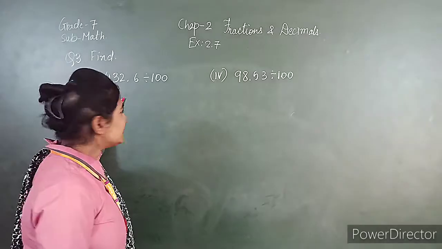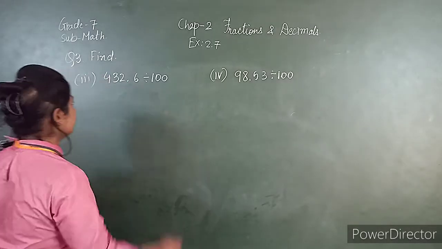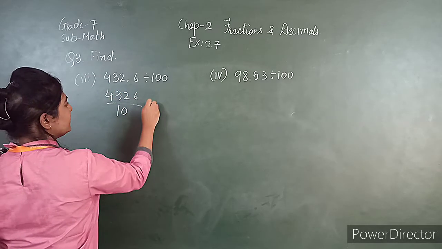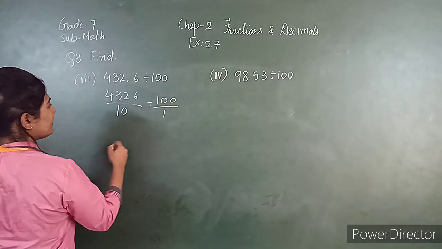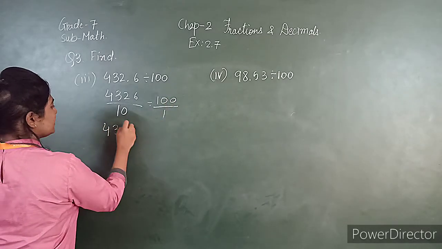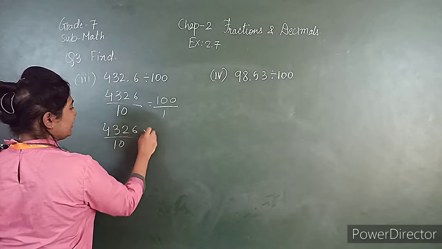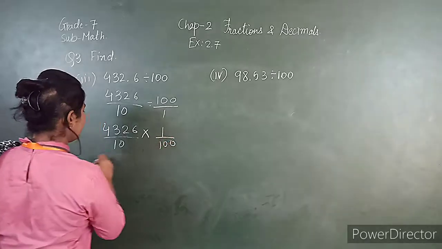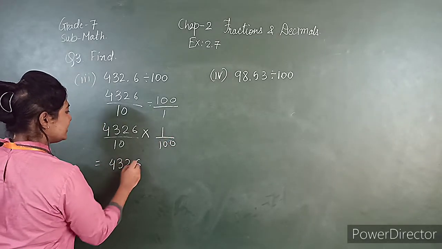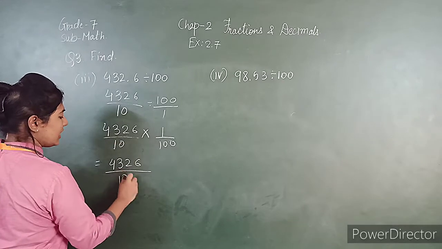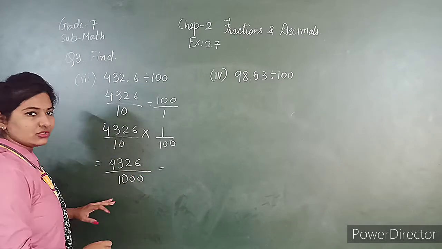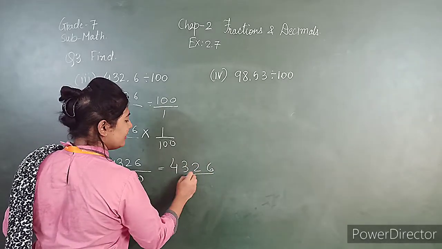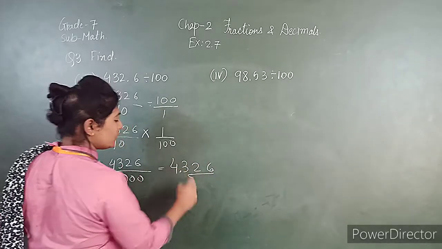0.0078. Now next, 432.6 divided by 100. So here after the point one digit is there, so we have to write 10 in the denominator and this 100 upon 1. So 4326 upon 10. If we change the sign into multiplication, then we have to write the reciprocal over here. Now 4326 upon 10 into 100, so it is 1000. Now 3 zeros are there, so we have to put the point before 3 numbers. So we have to count from the back side, 1, 2 and 3. So we have to put the point over here. So our answer is